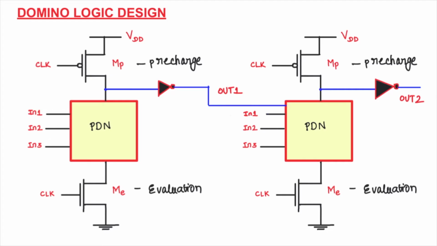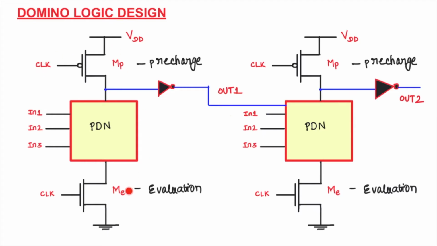To avoid the major problem in cascading of dynamic gates, that the second output will start to discharge before the first gate transition is complete, so the correct level will not be recovered until the next clock cycle. Due to this problem, dynamic gates sharing the same clock cannot be directly connected. So instead of directly connecting the dynamic gates, the domino logic design proposes a static CMOS inverter. We should imagine this NOT gate as a CMOS inverter, which requires a PMOS and an NMOS transistor. That static CMOS inverter is placed at the output of the dynamic logic block.